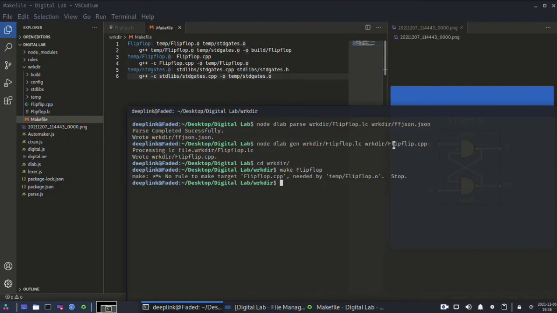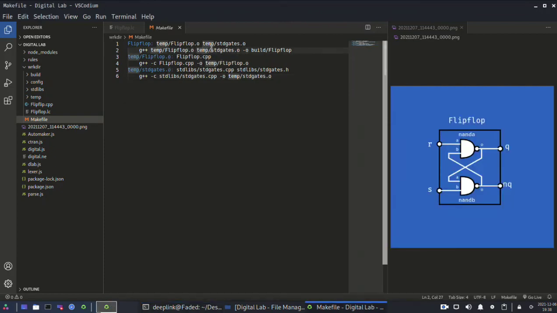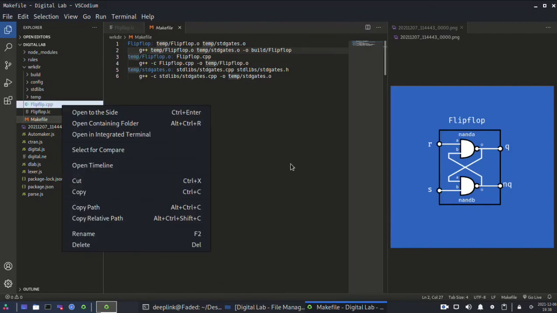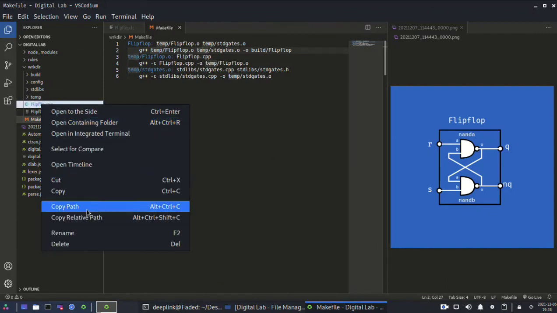That's the issue that I have mentioned. So you have to change this one. It's saying flip-flop, there is no. So if you are good at this thing, you can do that, or else simply